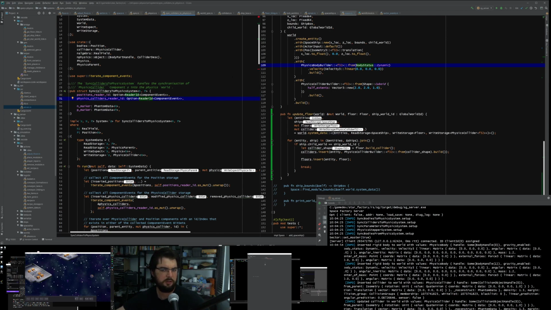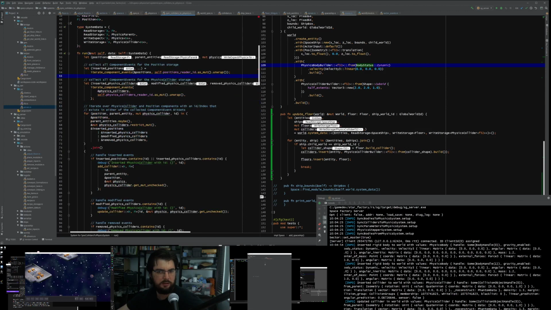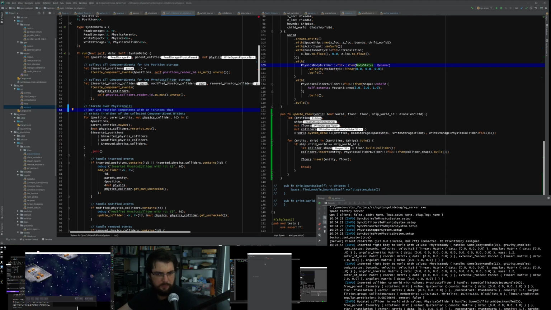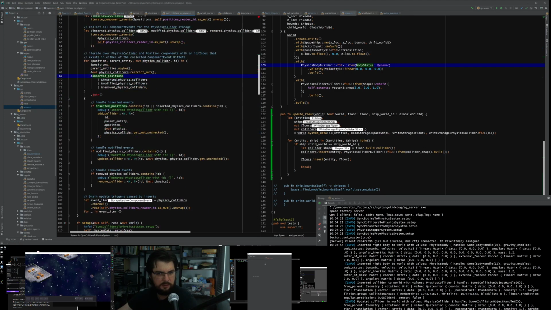These are both options. And then we collect all components, collect all component events, iterate over the colliders, and position components with an ID index that exists in either of the collected handle inserted events, handle modified events, handle remove events.